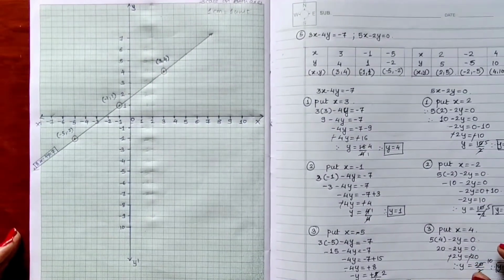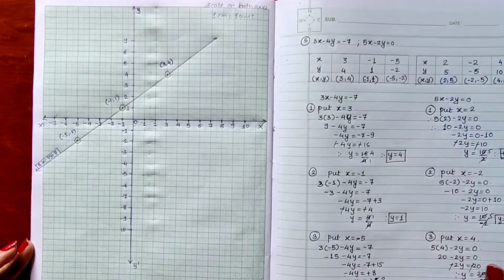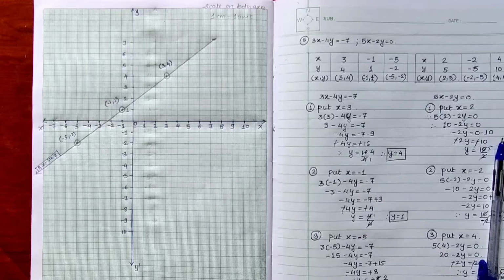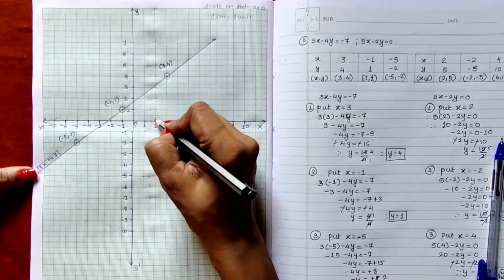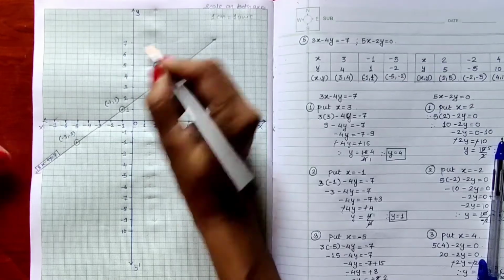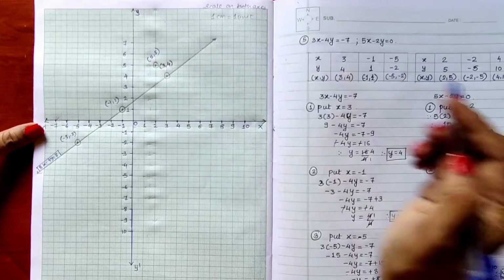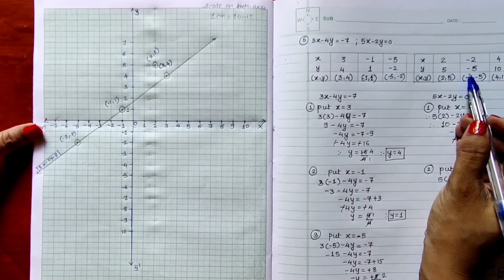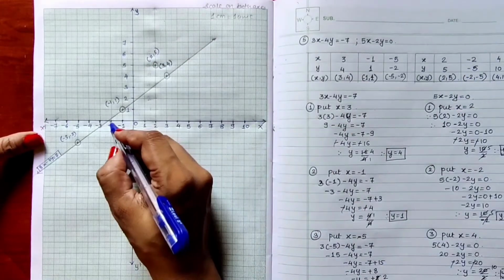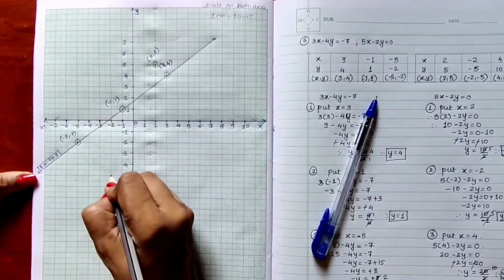We will have to plot the points here. So first coordinate is (2, 5). That means from the x-axis 2 and on the y-axis it is 5. So we start at +2 till +5. So here it is, this point is (2, 5). Now second point is (-2, -5). On the x-axis -2, on the y-axis it is -5. So we are getting this point.